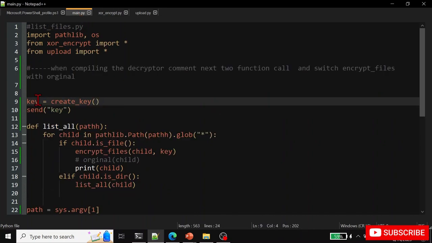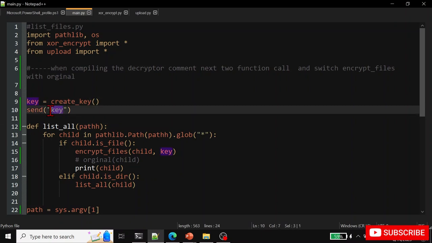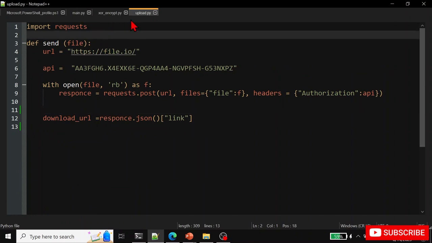So main here will have the key, and we will create a function called send. We'll just send the key. Send will just upload it to our website. So let's see what this function send does. This function is just here in a file called upload. I told you,